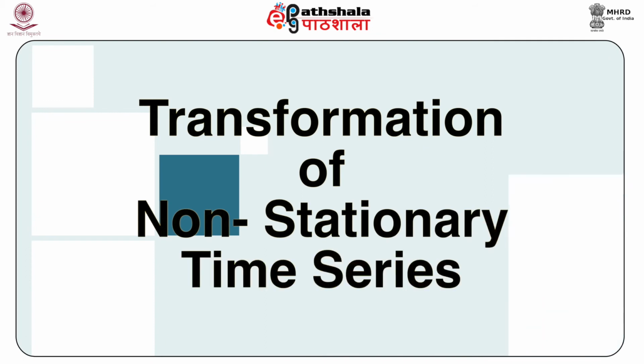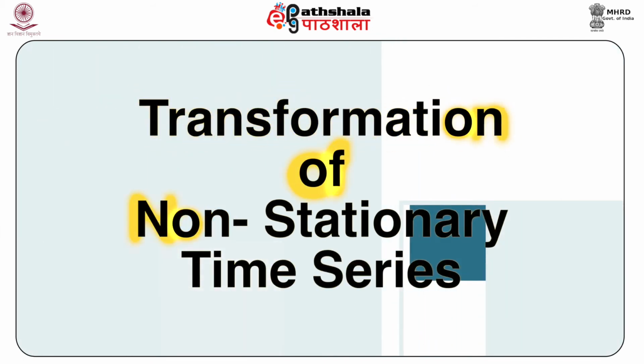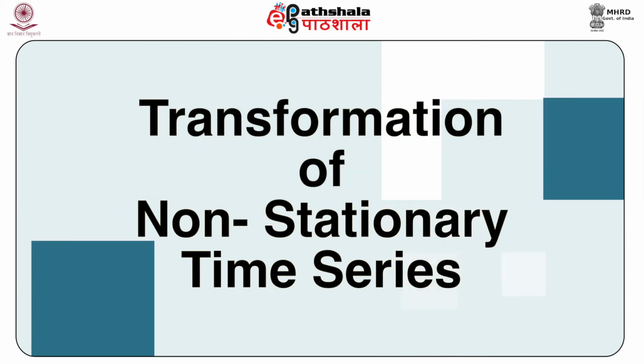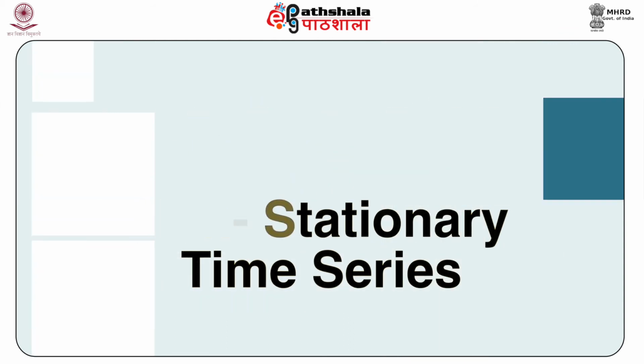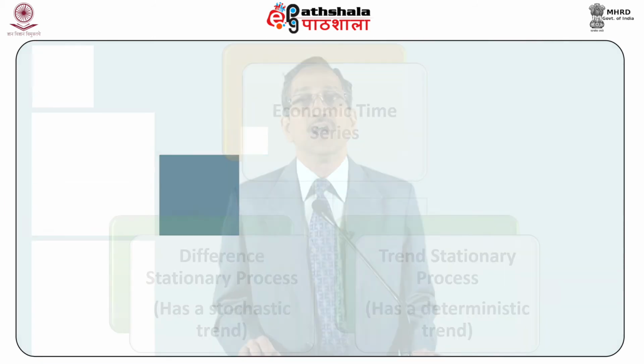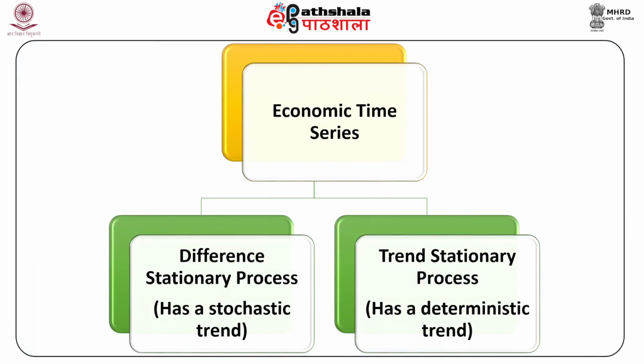So how do we transform a non-stationary series into a stationary series? That is what we are going to learn in this third segment. On regressing a time series which is non-stationary, we may incur the problem of spurious regression. That is why we have to convert a non-stationary series into a stationary series. So in order to avoid it, it is important to convert non-stationary time series into stationary time series. However, the conversion depends on whether this time series is difference stationary or trend stationary. That is what we have to first learn.